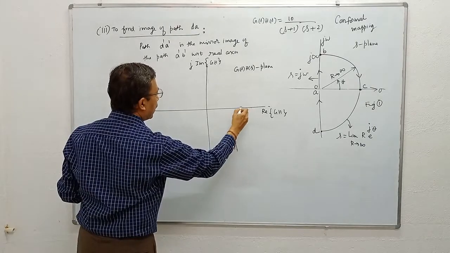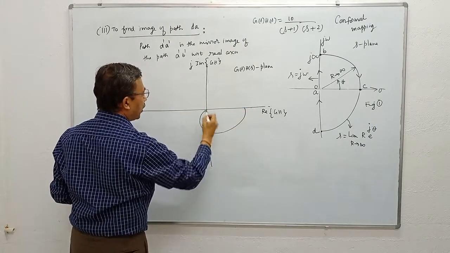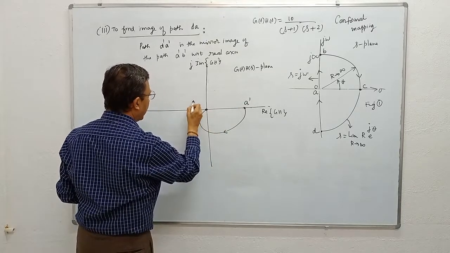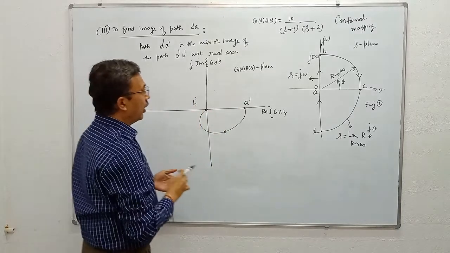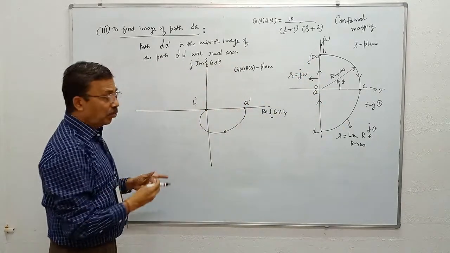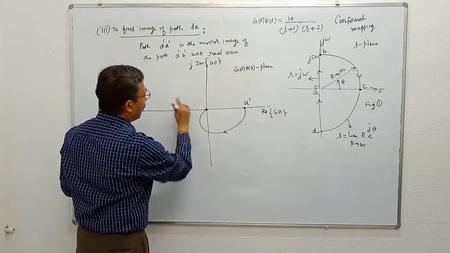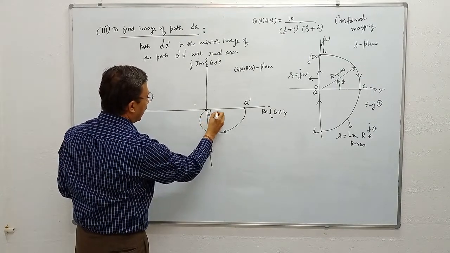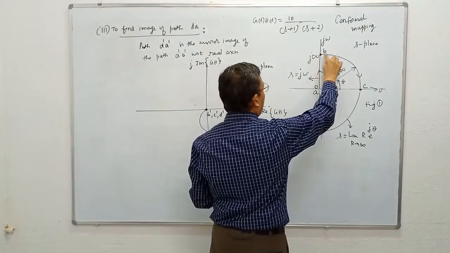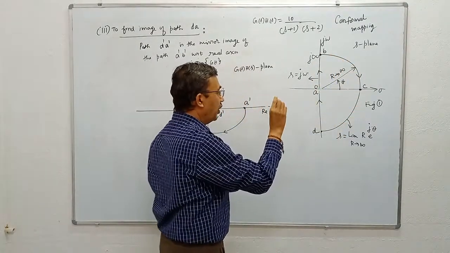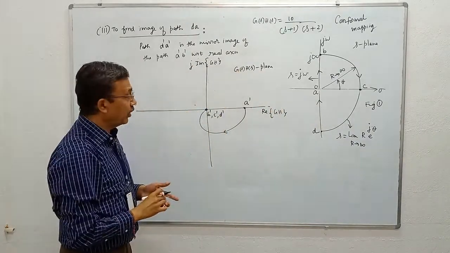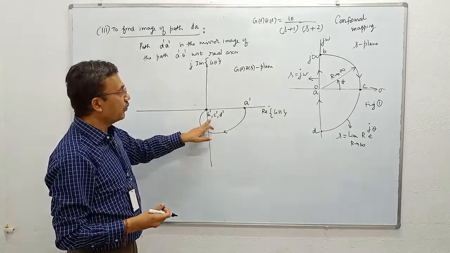This part of the figure I have written as figure number 3. This is point A dash, this is B dash. I have already explained B dash, C dash, D dash has magnitude equal to 0. Where will the magnitude be 0? Magnitude will be 0 only at the origin. What it means is the semicircle BCD of radius equal to infinity has become the origin of the G of S, H of S plane because the magnitude is 0.